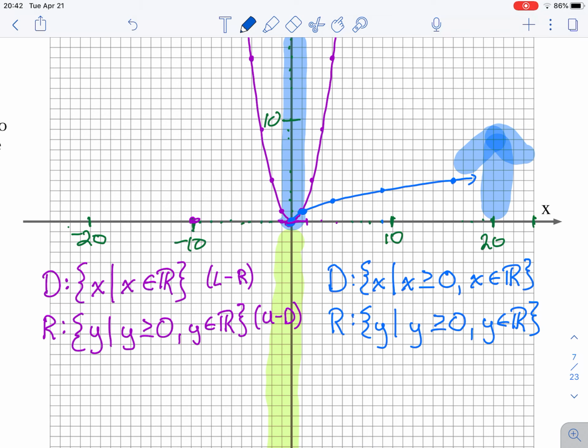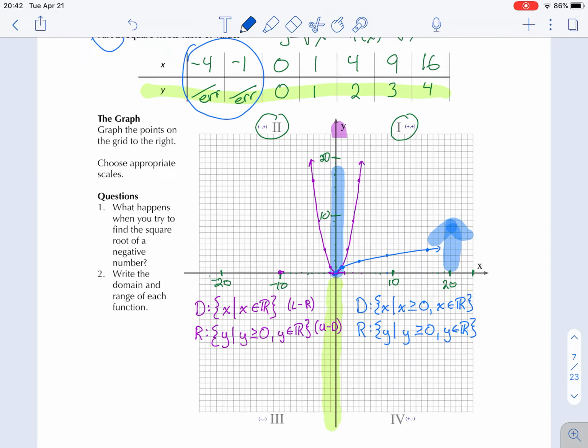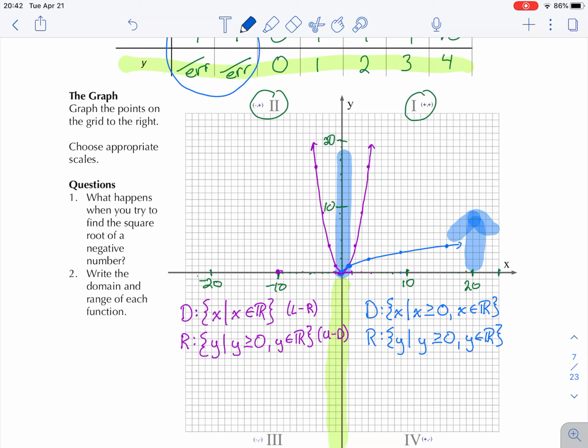Now don't worry if you don't fully understand domain and range. We are going to be working on that this unit, and so you'll pick it up by the end of the unit. Right. If you have any questions,